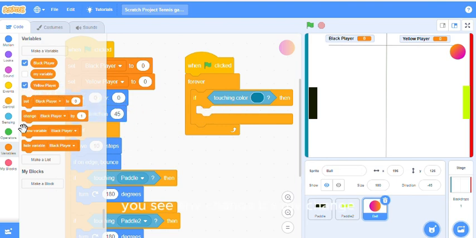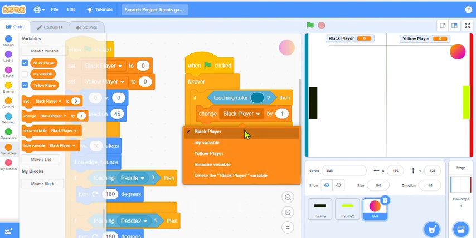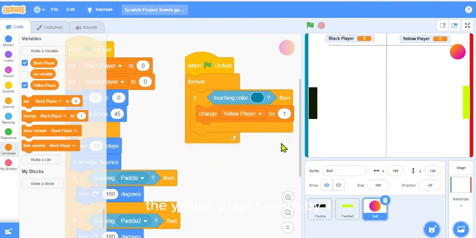You say the change, it must change the yellow player score by 1. I think that makes sense. If this ball hits this bar, then this yellow player changes the score by 1 until... will it be there? No, it must change it until, go to the